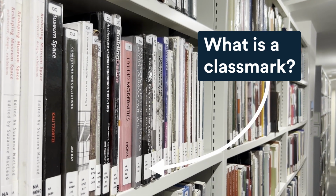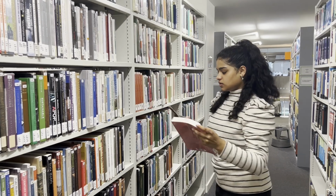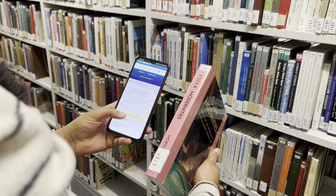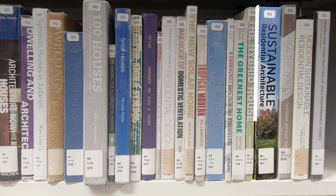Ever wondered what the code is on the spine of a book? These are class marks, and they're an essential part of finding and borrowing books. But there's more to it than just that. When you look for a book on NewSearch, you'll be provided with a class mark to help find its location in the library. Once you've located your book, class marks can also help you discover additional books as our library